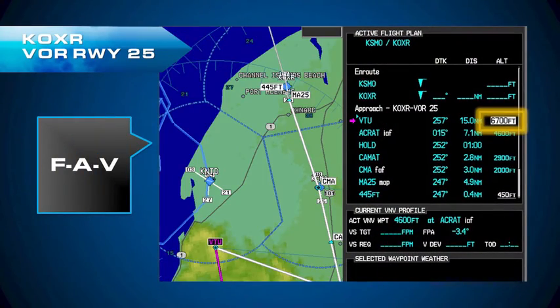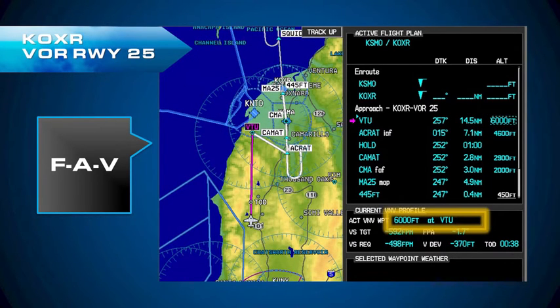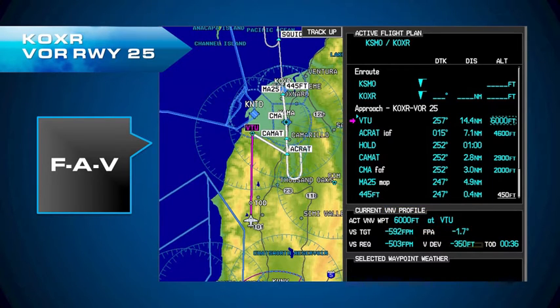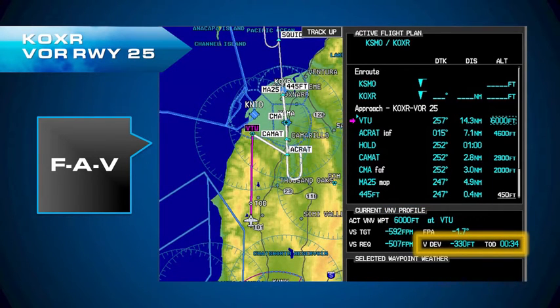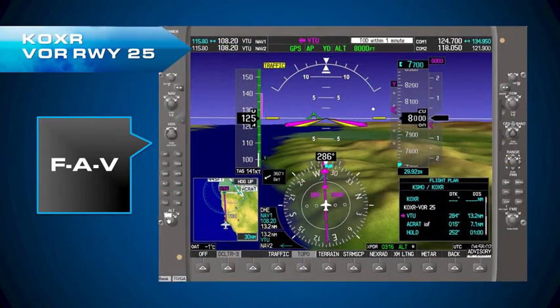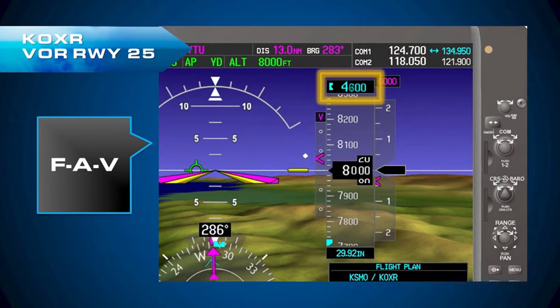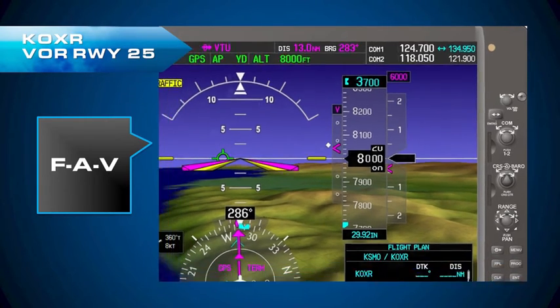So we're going to use FAV to set up the VNAV. We were given a crossing restriction of 6,000 feet at Ventura, so I go to the flight plan, I enter 6,000 feet, I press enter, notice the numbers are large. That's because I entered it in manually. 6,000 feet in the profile. Time to the top of descent is about 30 seconds. I go to my altitude pre-select, and I'm going to set it to 3,700 feet. That is the procedure turn altitude. So altitude 3,700 set, and then the last thing I need to do is arm VNAV,